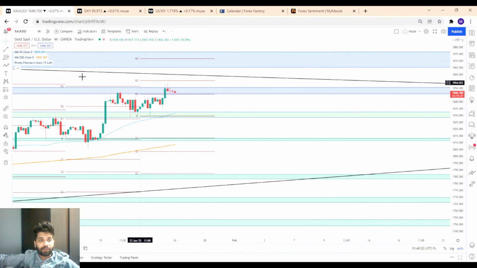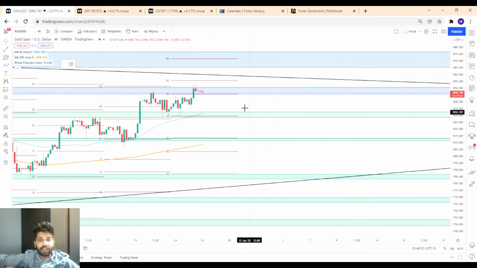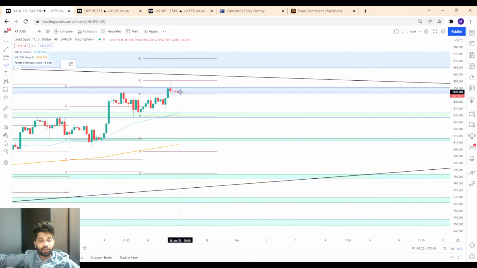Let me draw you a path. If the price is successful in taking support and the buyers come into the market after the FOMC news, the price is expected to reach this level, 1858, 1857, and if the news is very positive towards gold, then the price will surely reach around the 1870, 1872 level. On the flip side, if the US has no concern regarding Omicron and shows policies or good moves regarding USD strengthening, then the price is expected to come back again to the 1830 level.